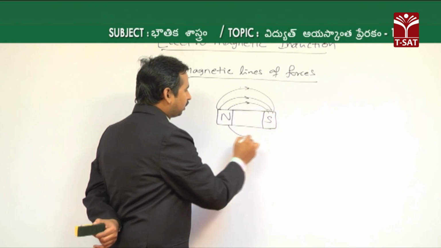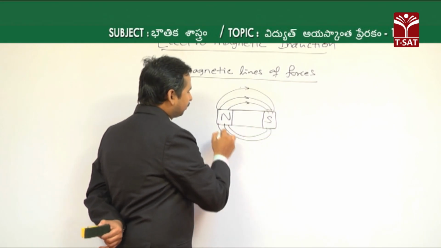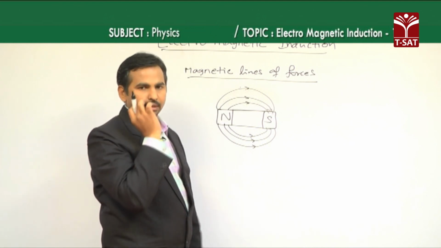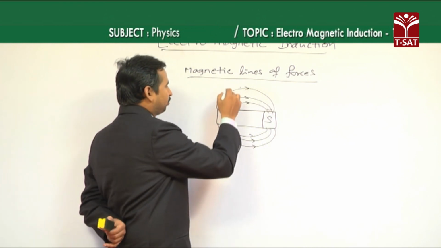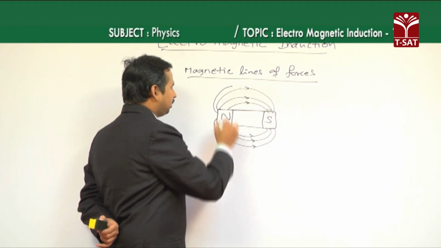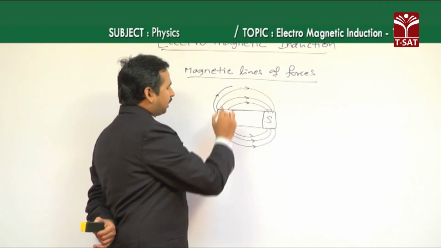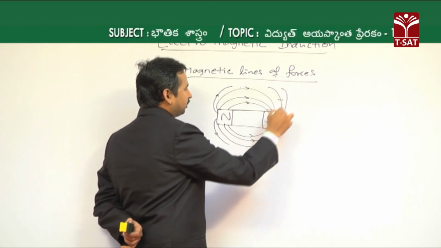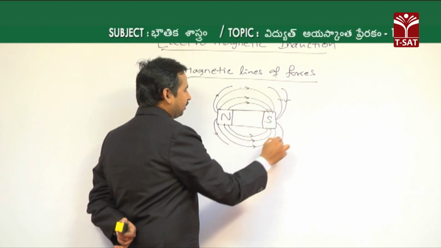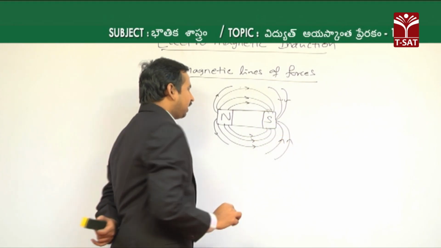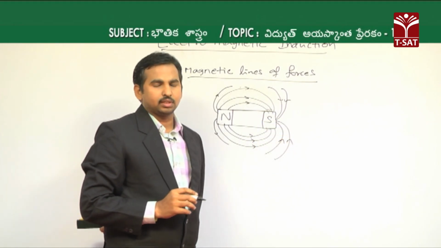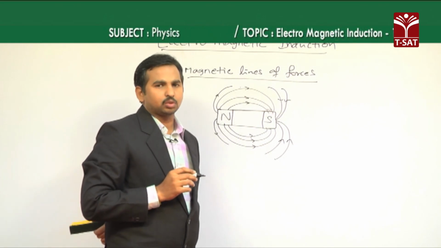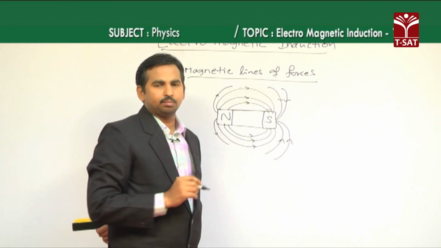In a similar way, around the complete magnet, the magnetic lines of forces are spread throughout. Actually, magnetic lines of forces are closed curves. As they start from the north pole and end on the south pole outside the magnet,